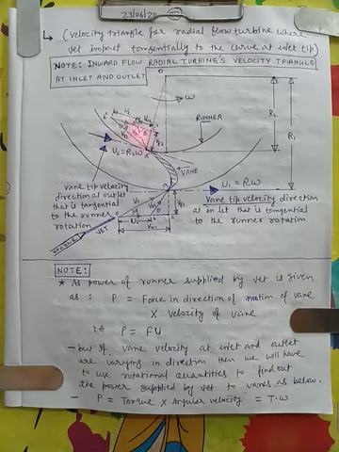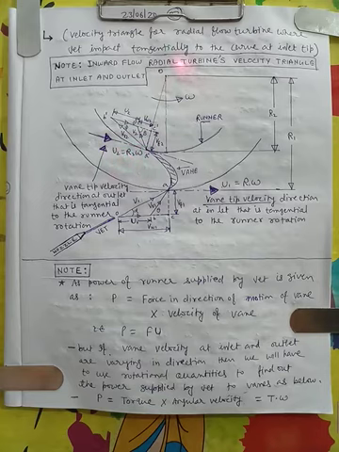You can recall from your previous class on relative velocity: this is VA, this is VB, we connect the heads of VA and VB, so this will be the relative velocity of A with respect to B. So this direction we know, the relative velocity of the jet, and this direction we know, the velocity of the vane at outlet. So this will be the jet velocity at outlet, V2. This triangle gives us complete information. This is O dash, A dash, B dash, the velocity triangle at the outlet.